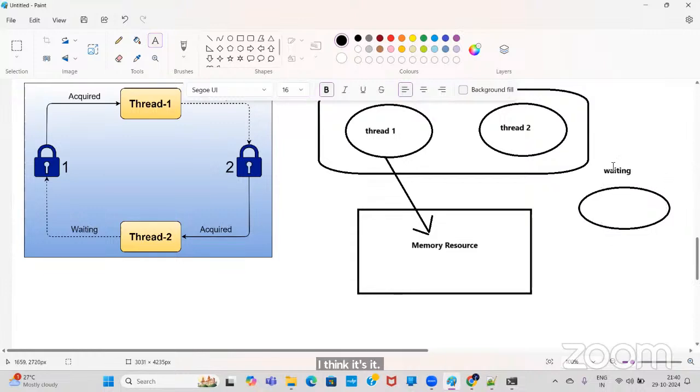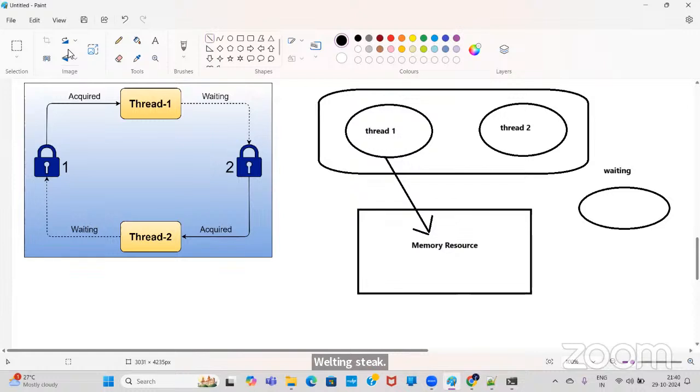Enter into waiting state. It will enter into waiting state, so this execution time is completed. So now